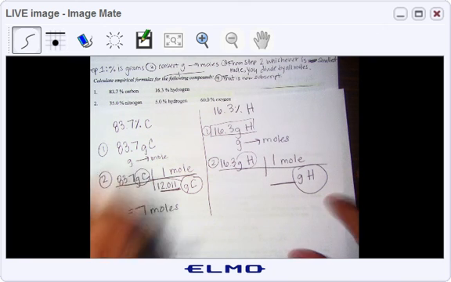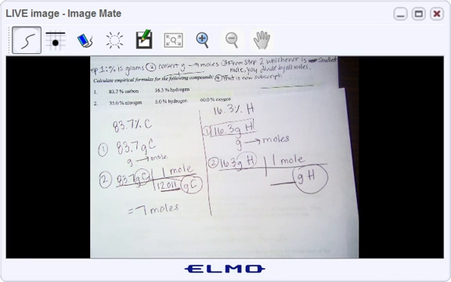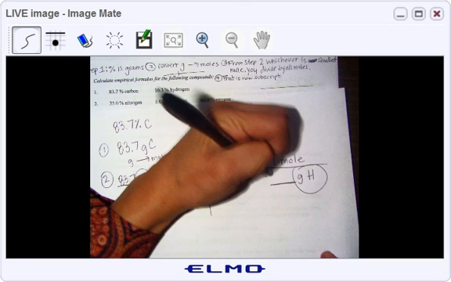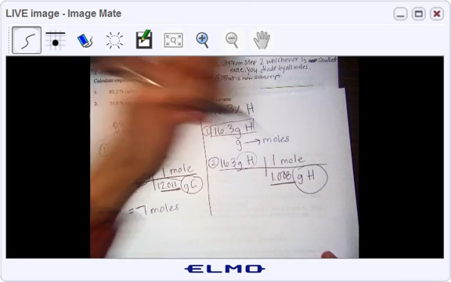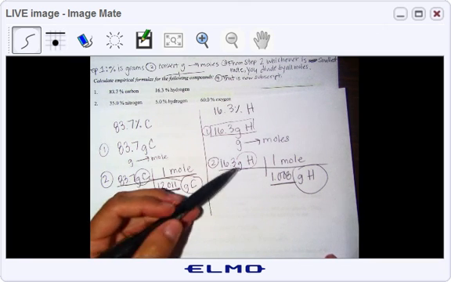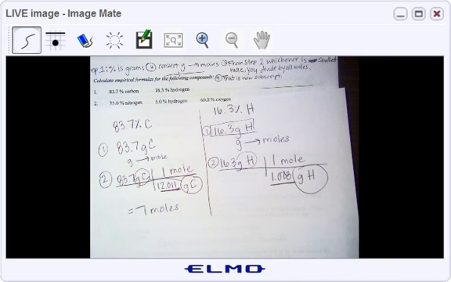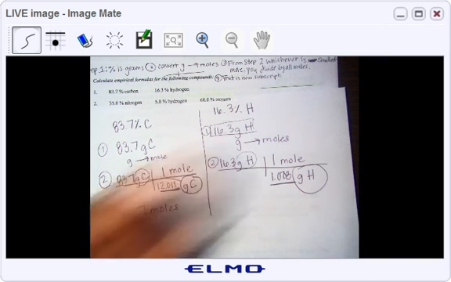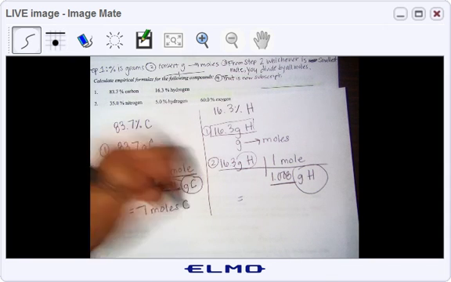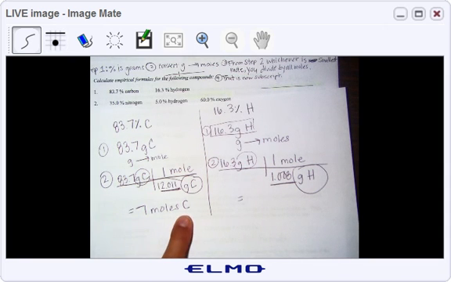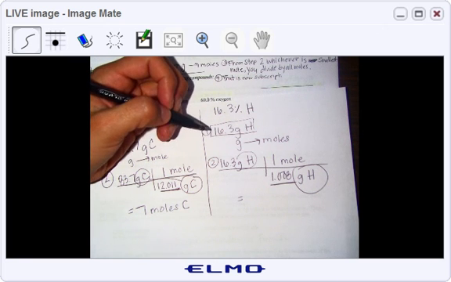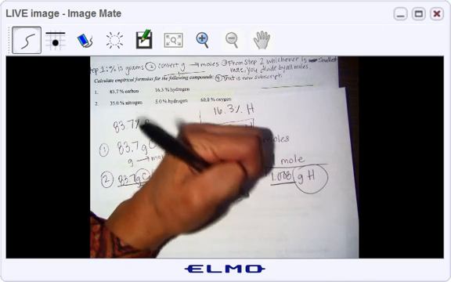Again, if it says grams of hydrogen, where am I going to find that? Periodic table. Am I multiplying or dividing here? Dividing, so take 16.3 divided by 1.008. So that gave, oh, I forgot to include my unit of just C. It's just very important with all the numbers and everything. Always keep your units. So this gave me 16